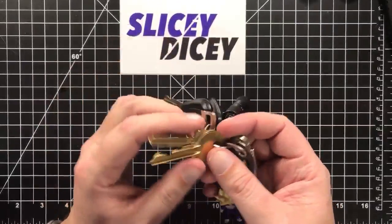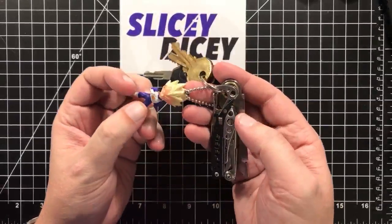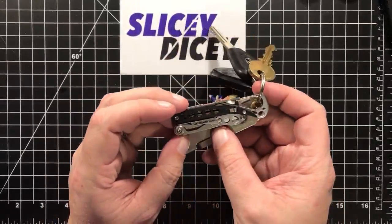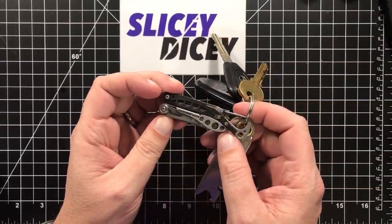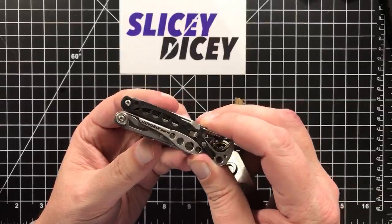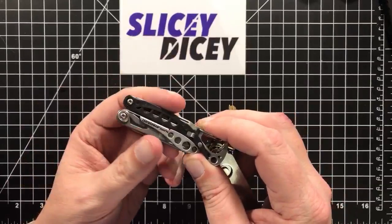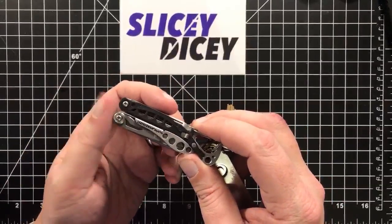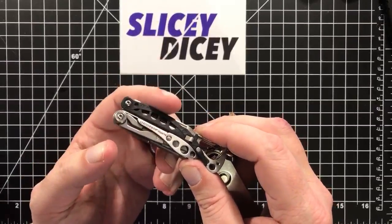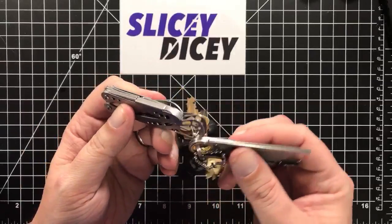Keys to my dirty Subaru, house keys, Vegeta, of course, Kakarot. I've always got Vegeta on there, or some nerdy thing. I'm still using the Leatherman Style PS. I'm thinking about going back to the Squirt. I used to have one, and I just freaking lost it. Kind of thinking about going back to that, but this is pretty great, so maybe not. What I like about this is it's airport legal, and I fly a lot, so it is good to have this on here if I just forget, because then all I have to do is take off this